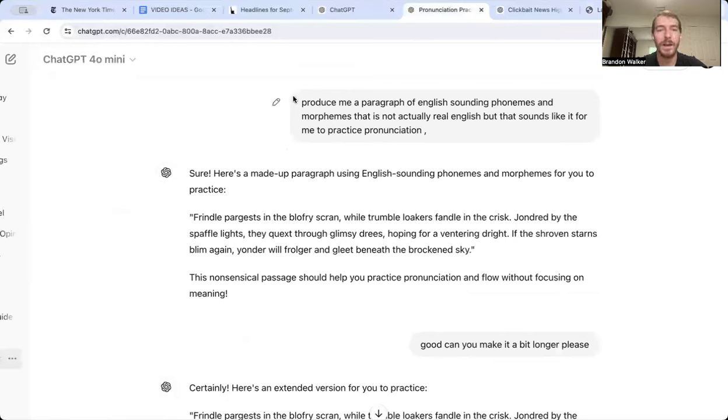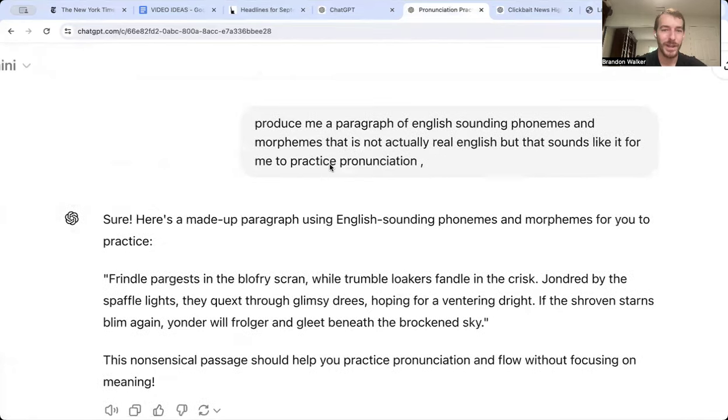Now, this could be applied to just ESL, or you can take these and tangentially apply them to other classes and other materials. This was an idea I had the other day. It had to do with pronunciation. So what I did was